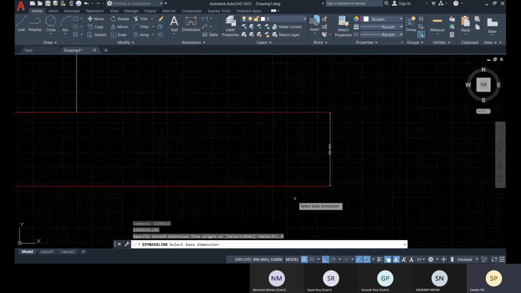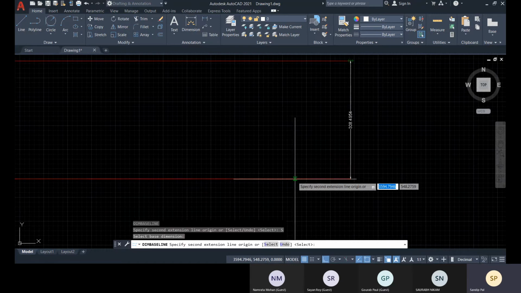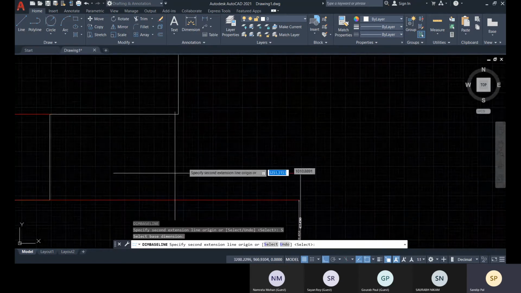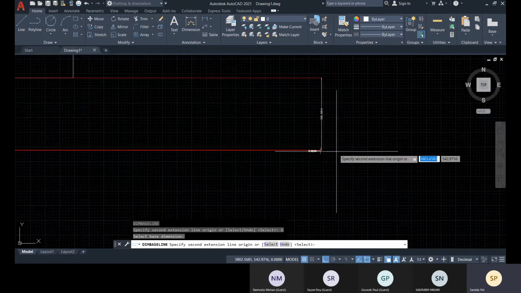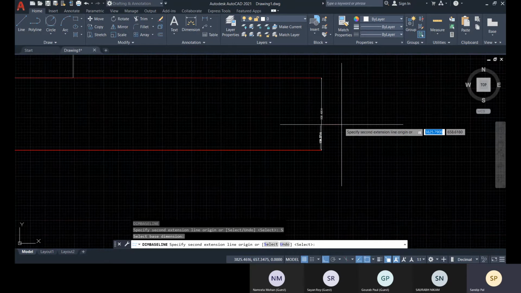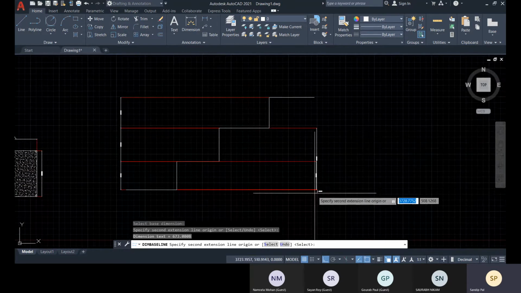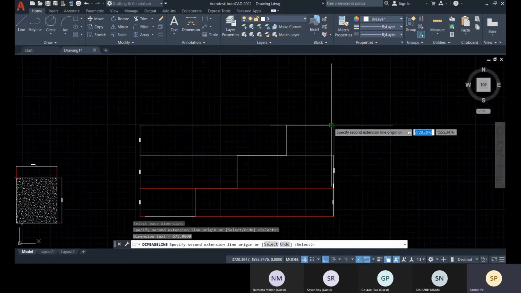So you have to select that baseline, and that will start creating the dimension base. So here you see, from this end line as a base, it's taking the next dimension, and it will always count from this base the next,